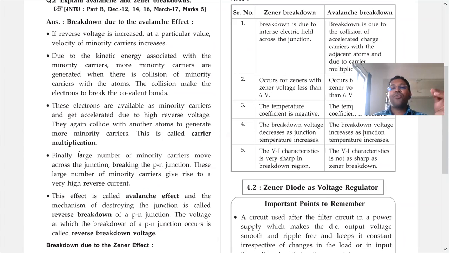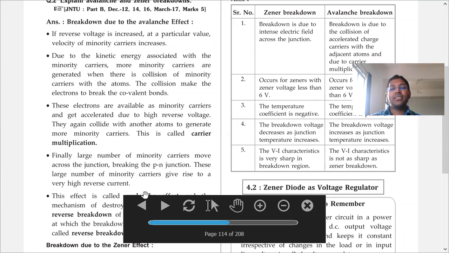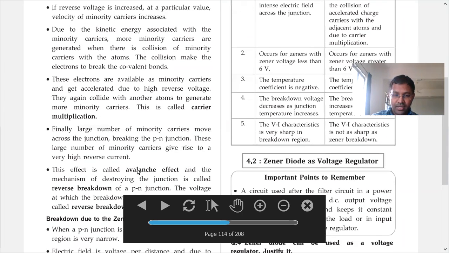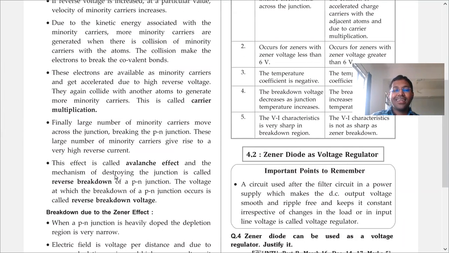Current is due to the flow of charge. So the more the charge carriers, the more the current, right? So this large number of minority carriers gives rise to a very high reverse current. Okay, this effect is the avalanche effect. And the mechanism of destroying or the breakdown of the junction is called reverse breakdown,